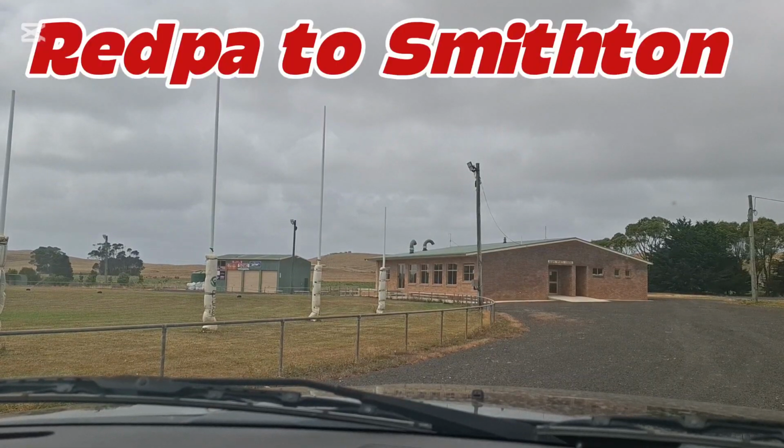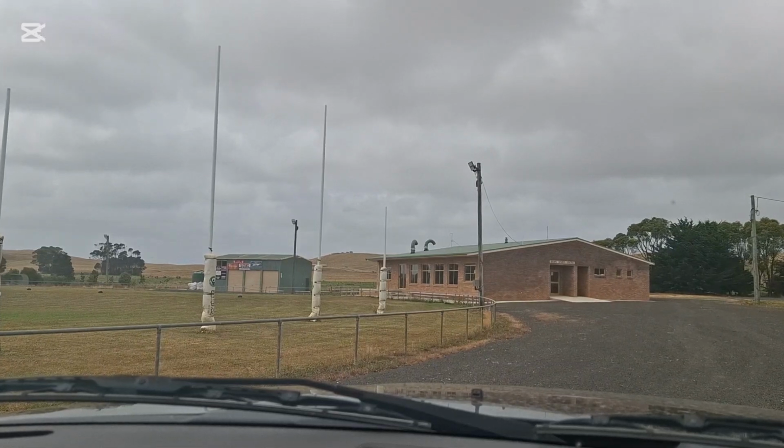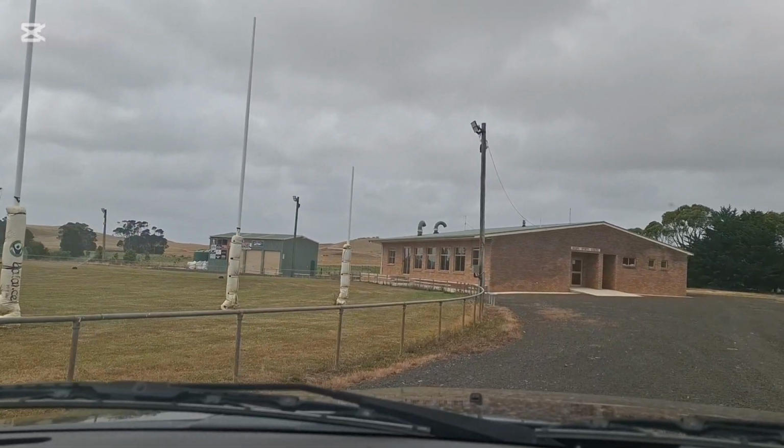Welcome back. We're at Redpa. All that's out at Redpa here is this football field, the Redpa Sports Centre, which is the building in front of us, a public school, a few farms, a couple of houses. It's a lovely rural area. We're going to head back